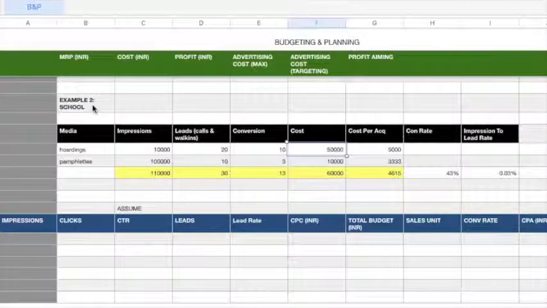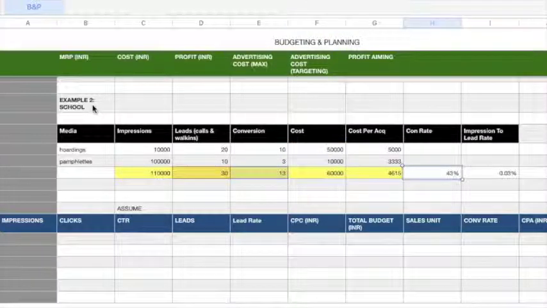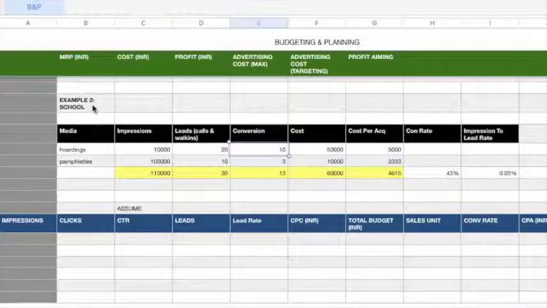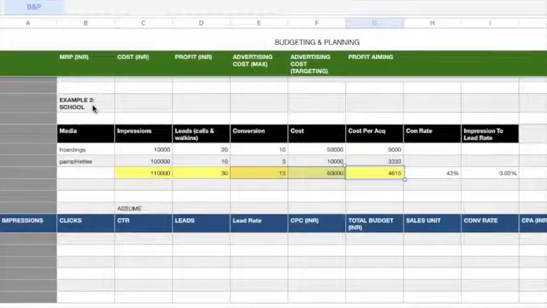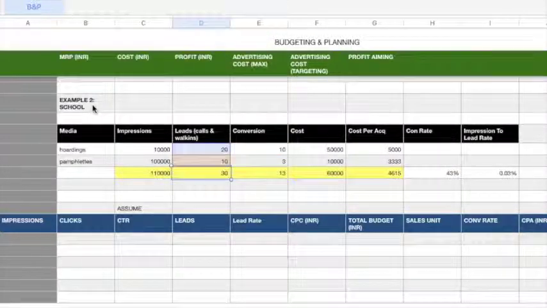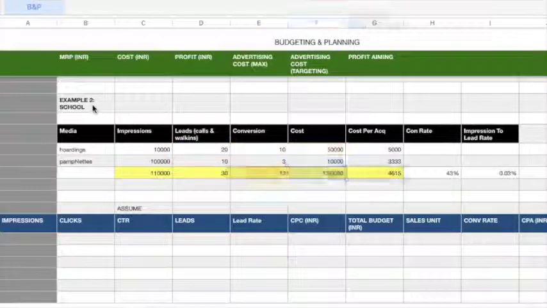And the total cost that we have incurred on hoardings and pamphlets is also given here. We would know that it is 50,000 and 10,000, that is 60,000 total. And if we divide this cost by the conversions, we can get cost per acquisition. We can also get conversion rate by dividing your total conversions with the total leads multiplied by 100. So 10 divided by 20 into 100 for this part, and totally you can divide 12 by 30 and then multiply by 100 to get your